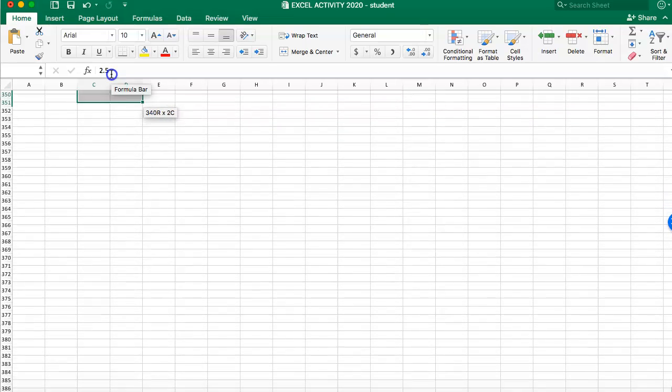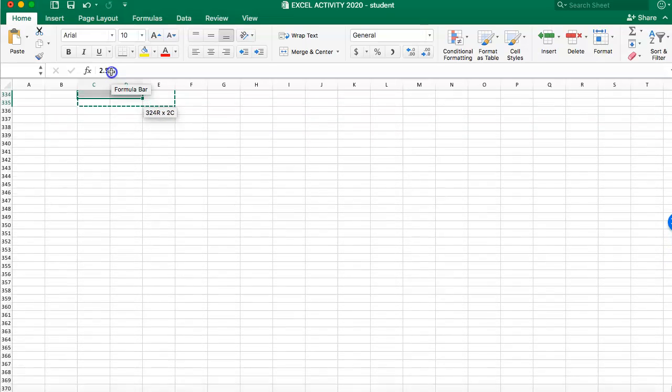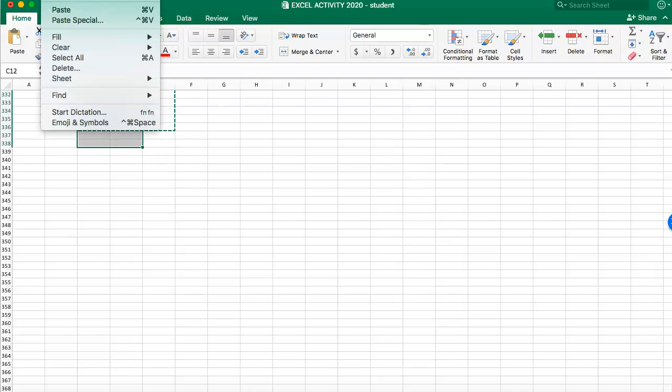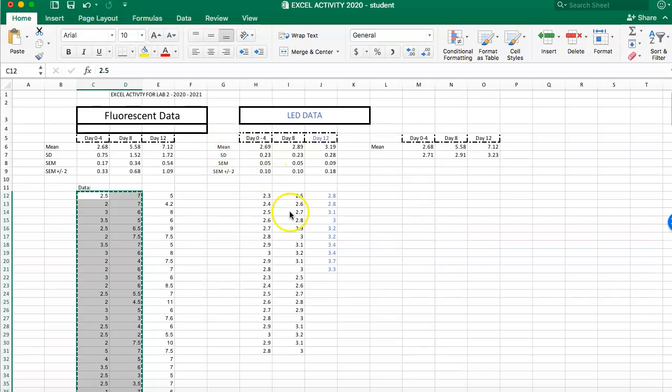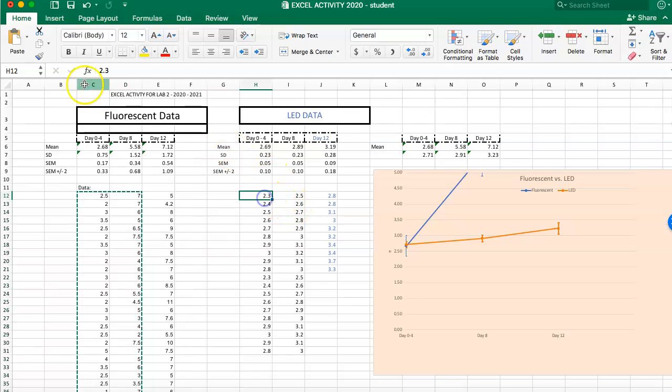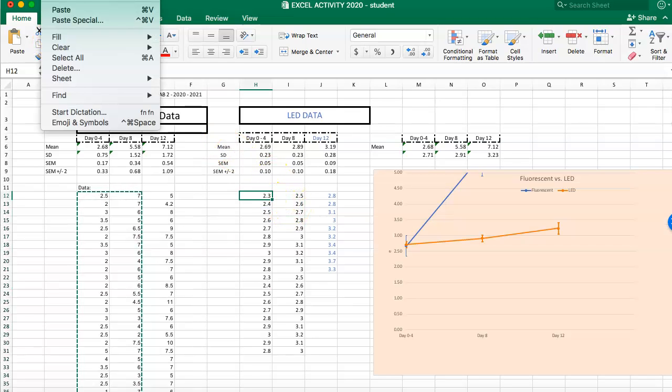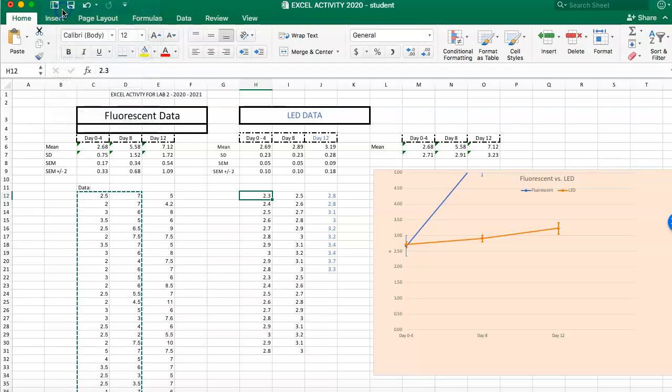And again, I'll remind you what that means. So at some point, here we go. So I got this, edit, copy, and now I'm bringing it to here. Same thing. It's the same edit and then paste. Good. All right. Now the next thing I do is I need the LED data here, so I'm going to go to